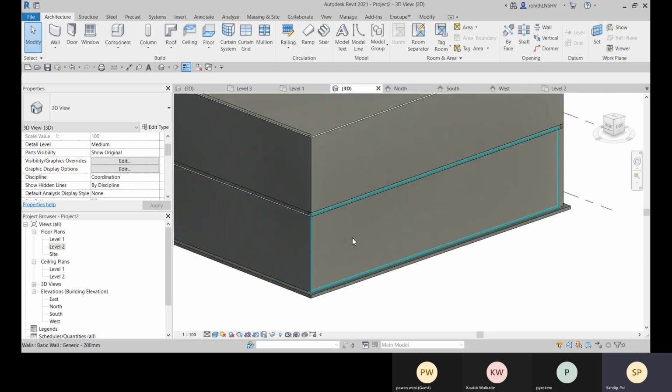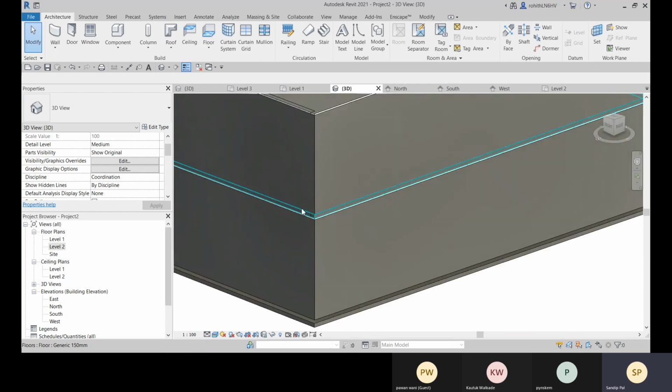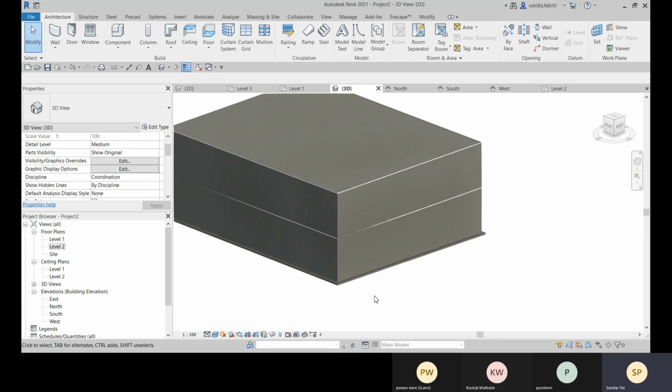In that particular level, suppose in level 1, at the bottom at 0 height, you will place the floor, then you will place all your walls, or after placing your walls also you can place the floor. And in that same level you will apply the ceiling. Okay, and again, like the same, at the upper level you will go to level 2, and there you place the floor, and then the ceiling, and so on. Okay, I hope you understand.